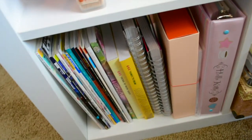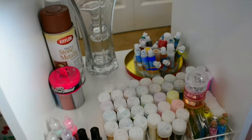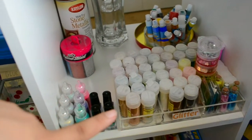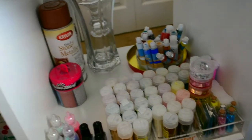They're my prized possessions right now. And some random books, and coloring books and whatnot. This is where I keep my glitter. So this is the happy cubicle. Back there, I keep little paints that I use for my cupcakes and whatnot. They're acrylic paints. And these are my glitter glues and galaxy glitter and some extra stuff over there that I